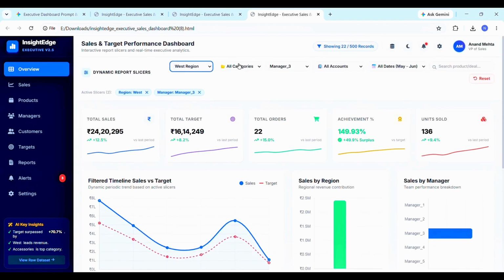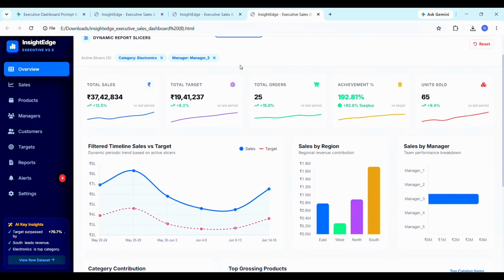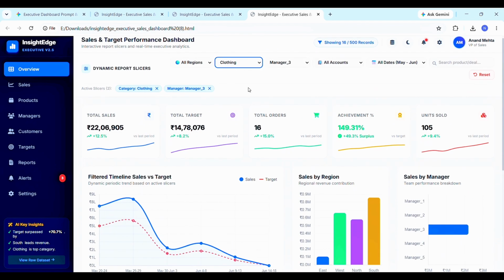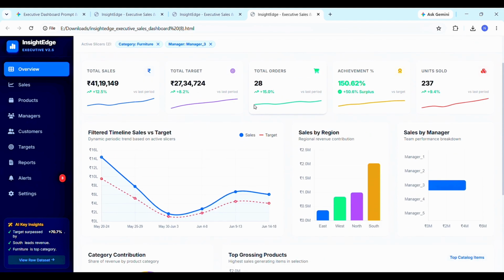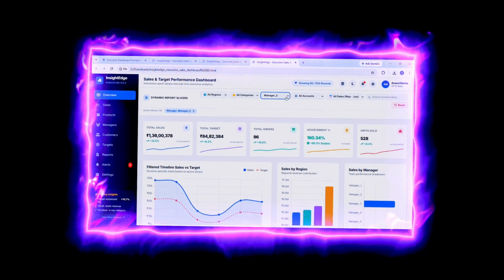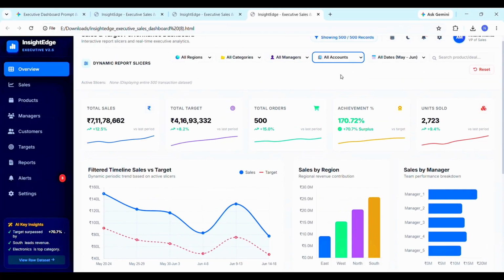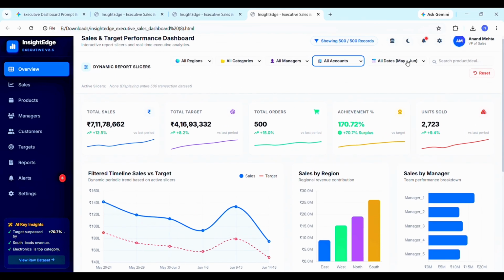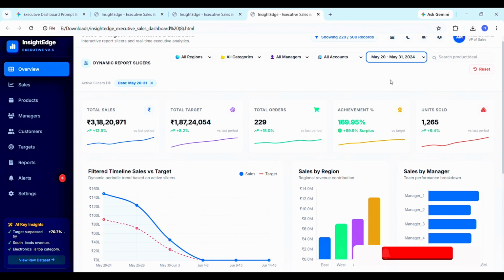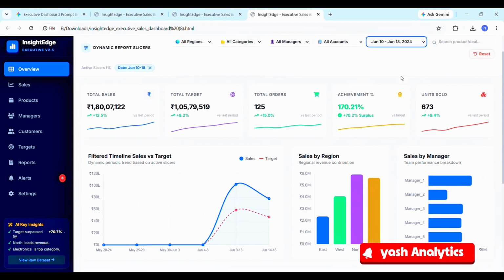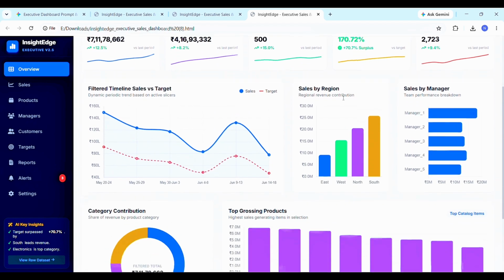So, let's quickly understand what we have in this dashboard. First, we have dynamic slicers for region, category, manager, account, and date, which make the entire dashboard interactive. We have KPI cards showing total sales, target, orders, achievement percentage, and units sold. The timeline automatically